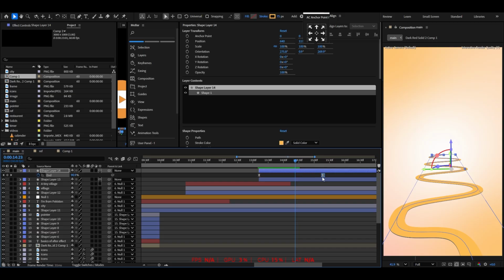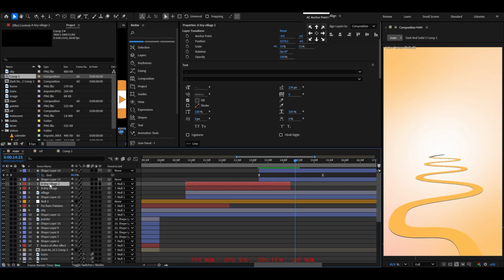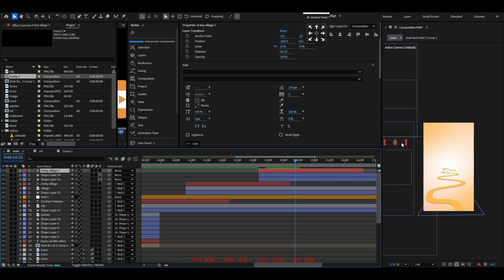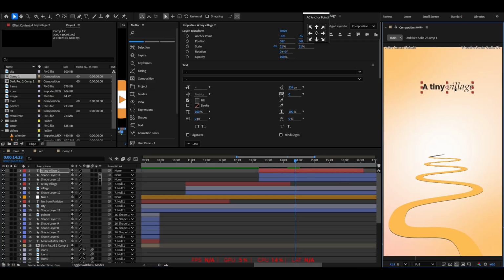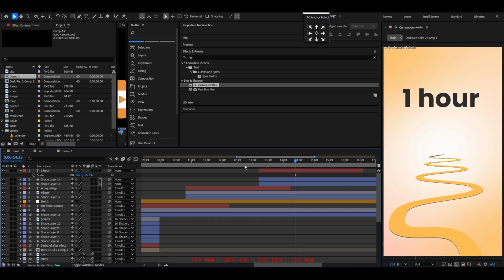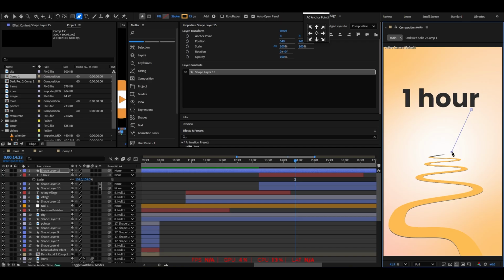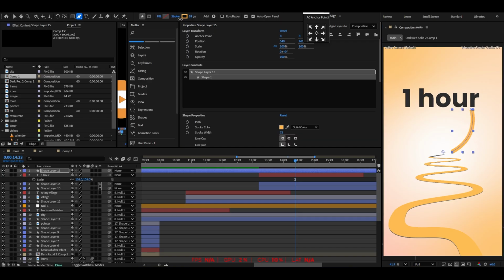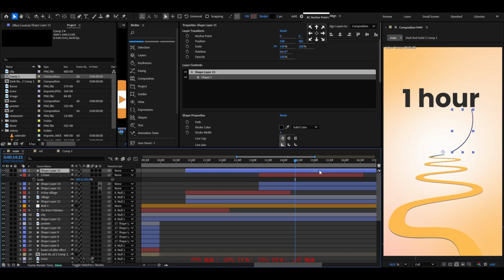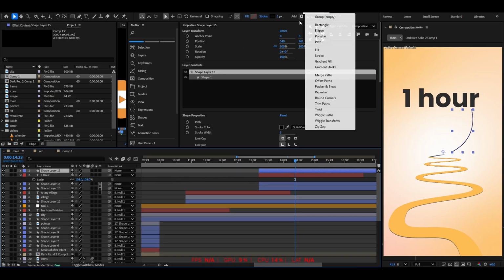Okay. Duplicate any text layer, Ctrl D, unlink the parent and move it to this scene. Simply select the text layer and change the position. Let's make a new shape layer. Stroke at 4 or 5. Change the color to black and adjust the layer. Add trim path